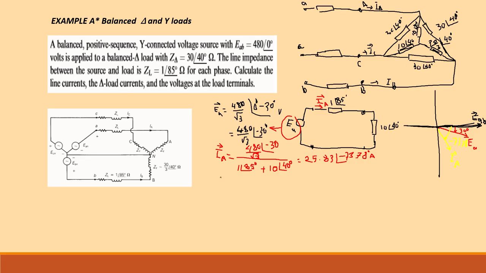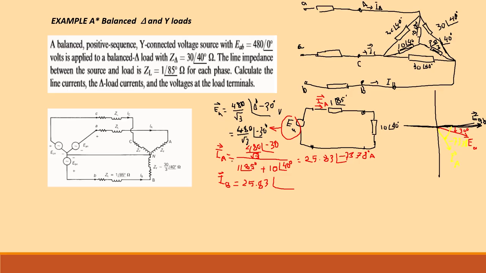For instance, we need the current IB since the voltages are symmetrical and the load is symmetrical, so also IB is equal to 25.83, the same magnitude,